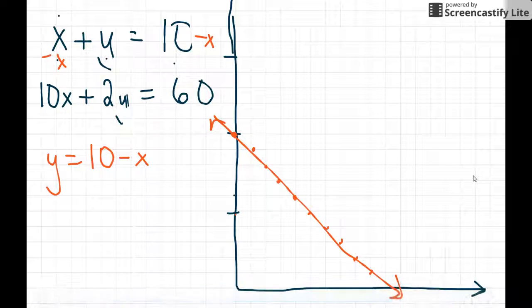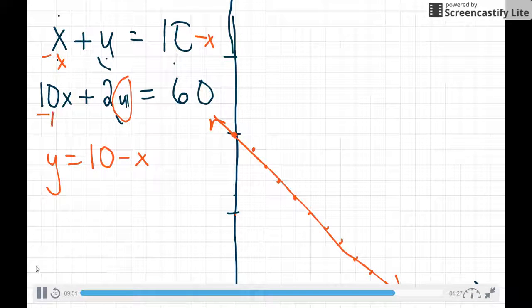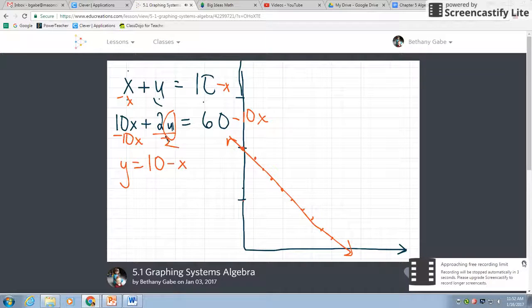My second line, again, I've got to solve for y here. So minus 10x, and then divide by 2, and divide by 2. So y equals